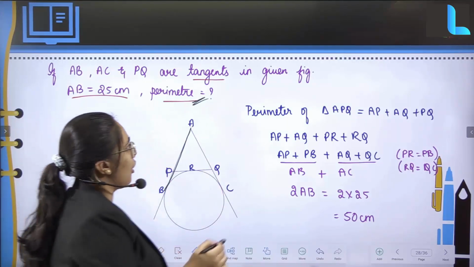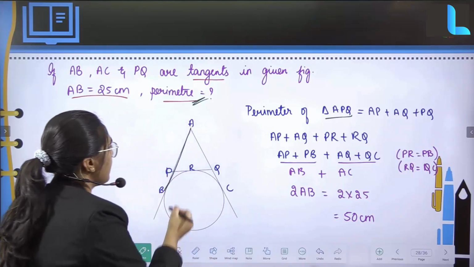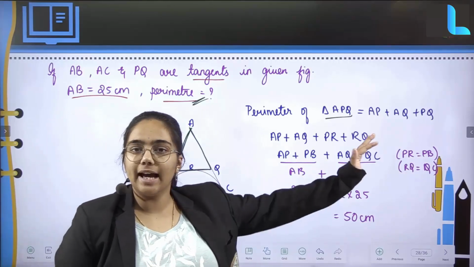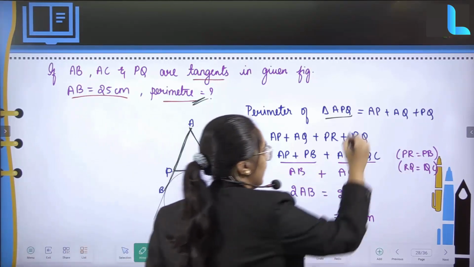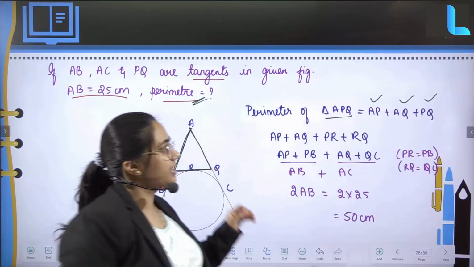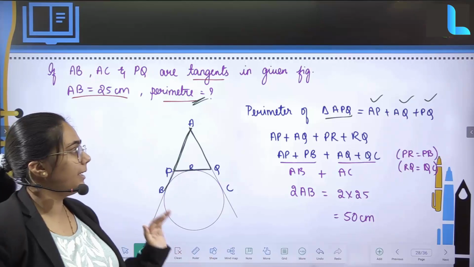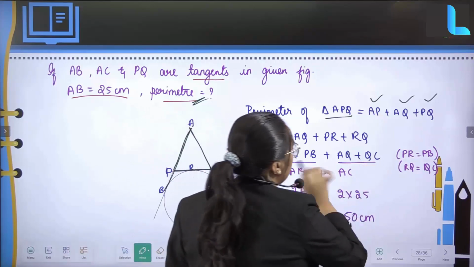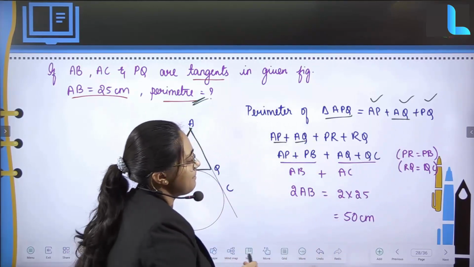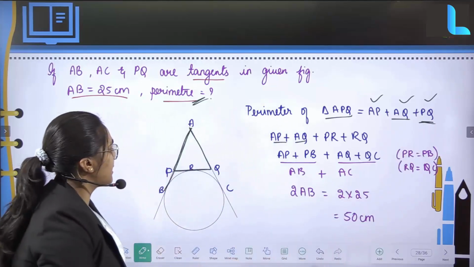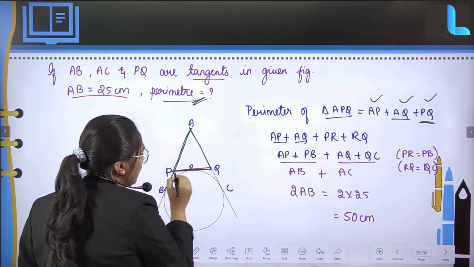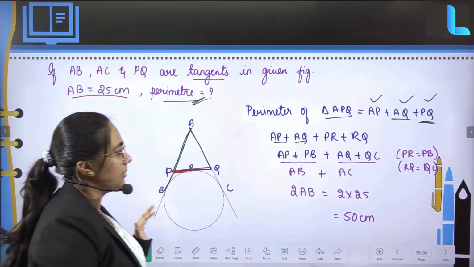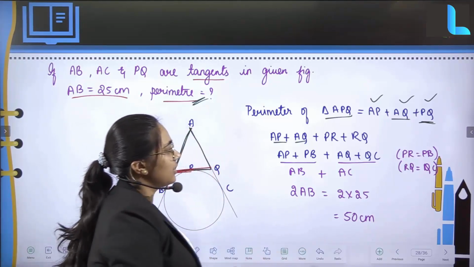To find the perimeter of triangle APQ, that is, if I have to find the perimeter of this particular triangle, it is nothing but adding all the sides, which is AP plus AQ plus PQ. If I add all three things, I will be getting my perimeter. Now if I have to split, AP can be written as AP only, and AQ also I will be writing in the same manner. This PQ I will be splitting. This whole PQ I will be splitting as PR plus RQ. This is how I will be rearranging my terms.